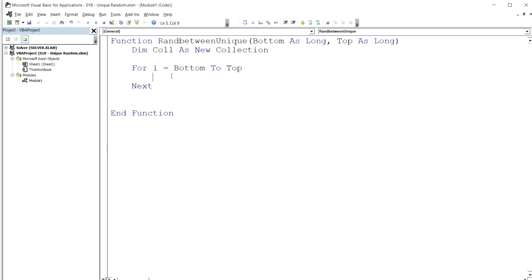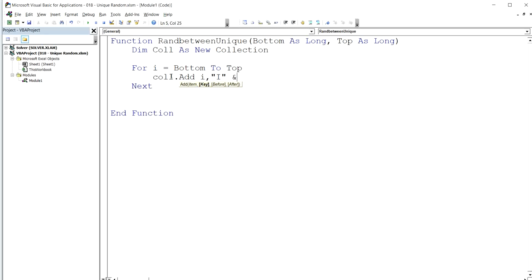Now we would be adding in col.Add i, and let us give a key. So we would be using i as the key because we need to give some text. We cannot put a number over here. If you put a number, it would be taking it as a string. But the thing is, a collection can be accessed by using both an index as well as a key.